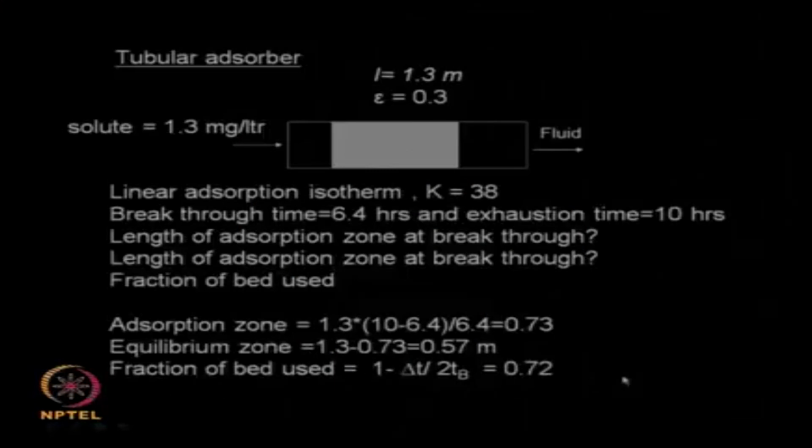If it is less of the bed, I need to keep on regenerating quite often, and as I said, if I want to regenerate I will be stopping my bed, I will be passing some gas or using high temperature to regenerate my adsorbent. So I will be spending money on the operating cost. So the more the bed is used up when the breakthrough happens, the better it is. That is why this particular calculation is very important, the fraction of the bed used